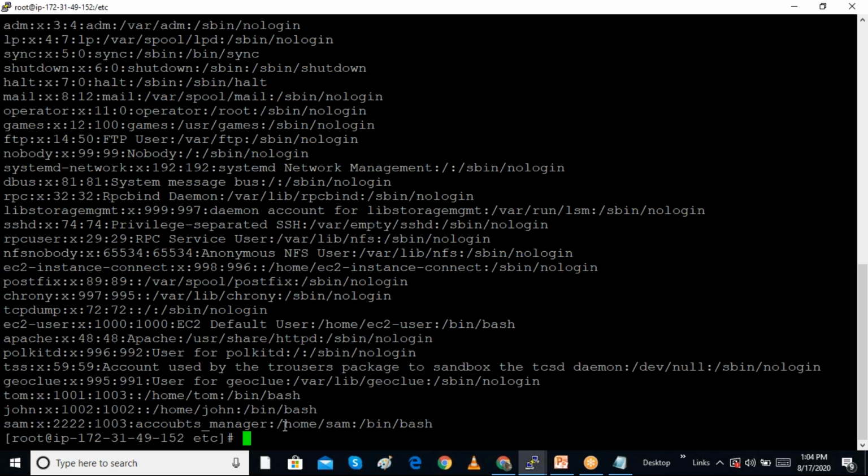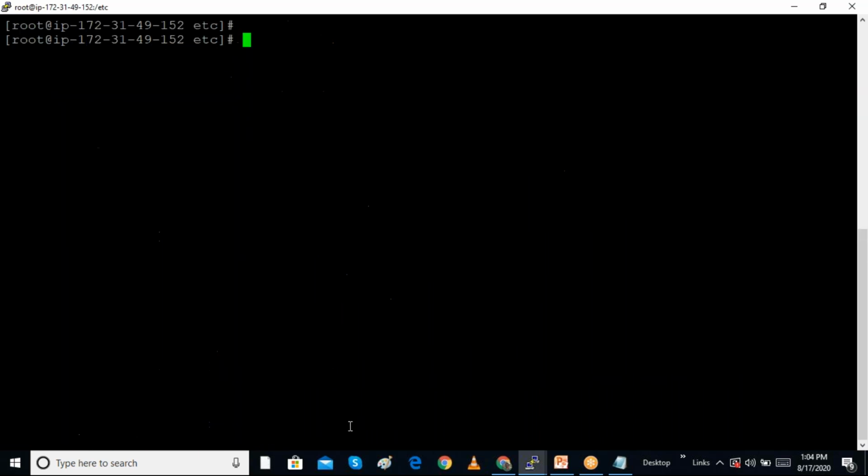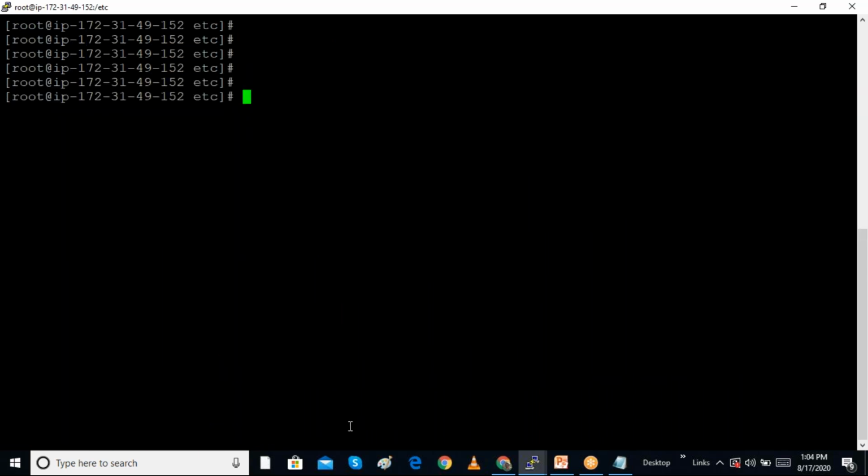Currently the user's home directory is inside /home/Sam. Every user has a personal folder, and that we can change with another command. I want to change the home directory of the Sam user with usermod to /home/Sam2. So I want to change the user's home directory to the Sam2 folder.